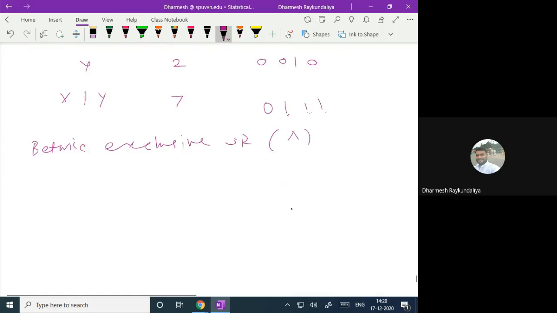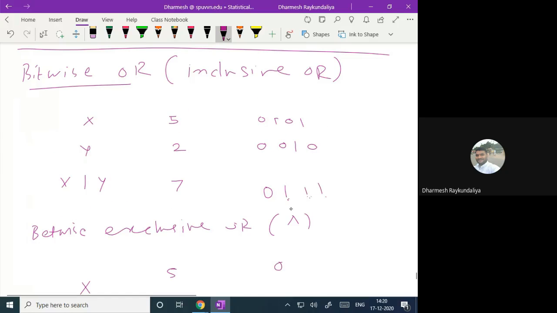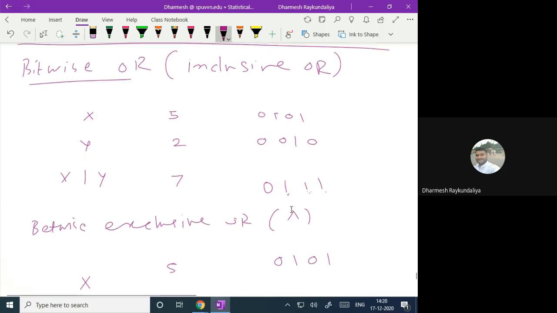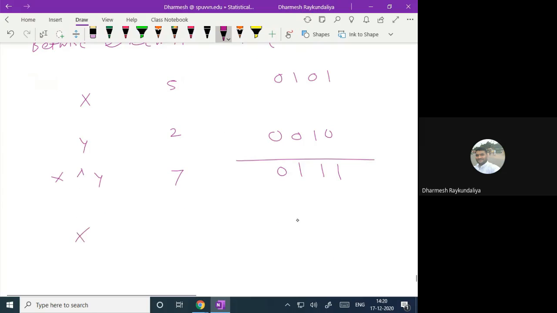ठीक है, तो उसमें क्या रहेगा, let us say x y 5 2, bit pattern here is 0 0 1 0, and here it is 0 1 0 1। तो bitwise एक्सक्लूसिव और क्या करेगा, जहां एक जगह पे 0 है वहां पे क्या करेगा, एक जगह पे 1 है वहां पे 1 देगा। ठीक है, तो इसका रिजल्ट क्या आएगा, इसका भी आएगा 7।